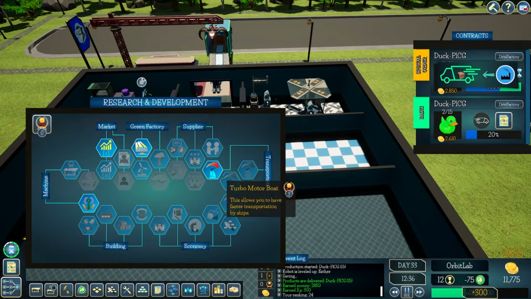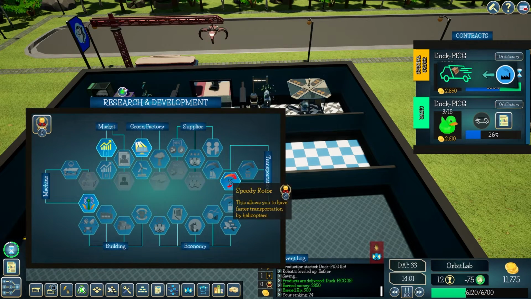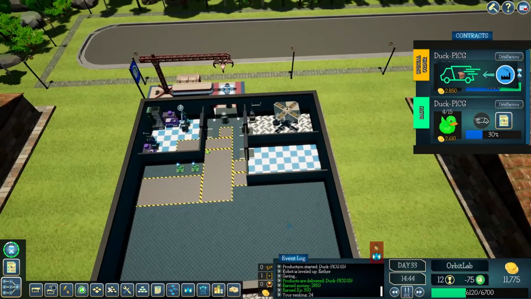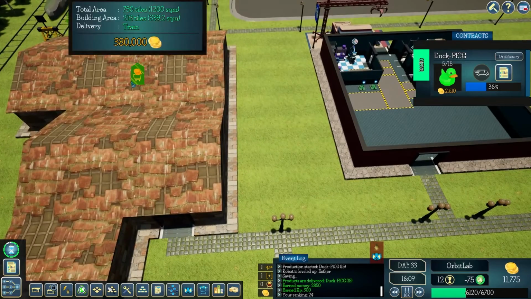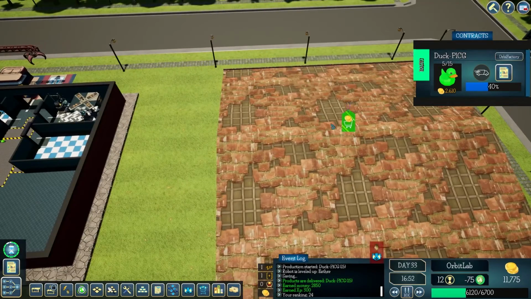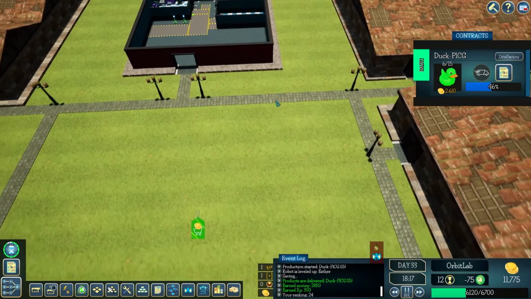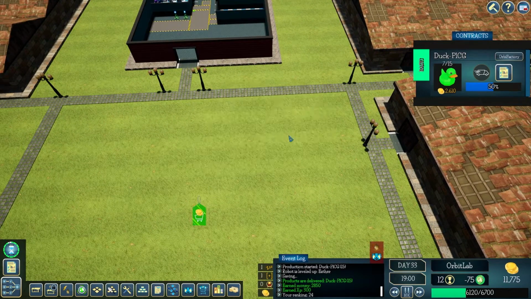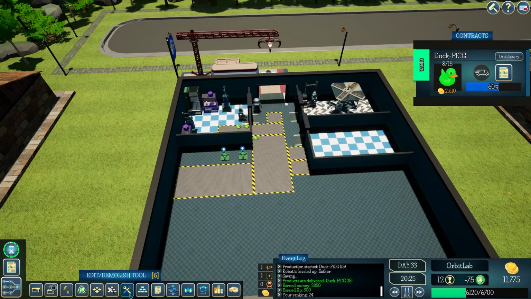Overseas suppliers, maybe. Helicopter transportation. I mean, where's the helicopter gonna land around here? How much is this? 380,000. How on earth am I gonna get 380,000 ever? I mean, everything is so darned expensive. Okay, you know, we'll get...